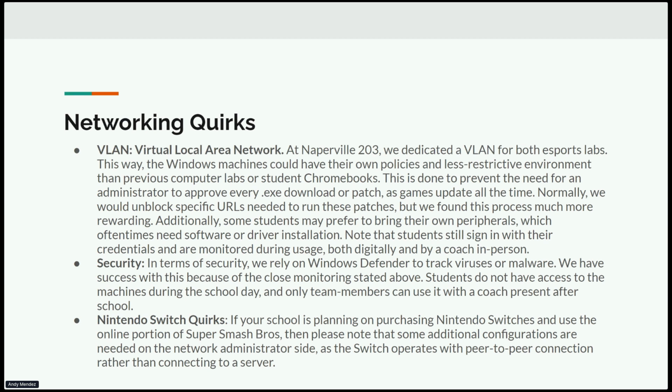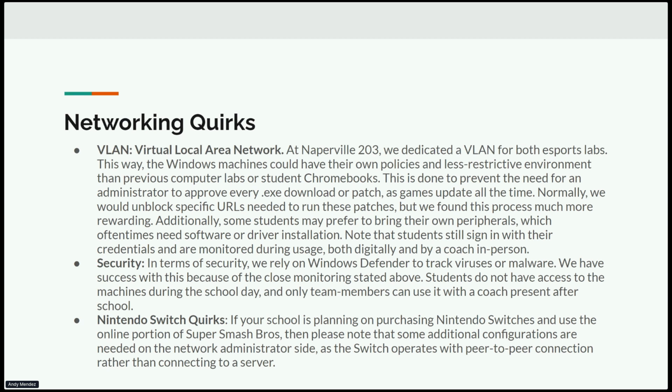Just to talk briefly about the Nintendo Switch, I know that Brock had mentioned that Smash players do not prefer to play on Wi-Fi. That is very true, just because the Nintendo Switch's networking, just in general, just outside of even the scholastic environment, is not great. However, during the COVID-19 pandemic, we did have an online bracket that we ran, and in order to get that to work,